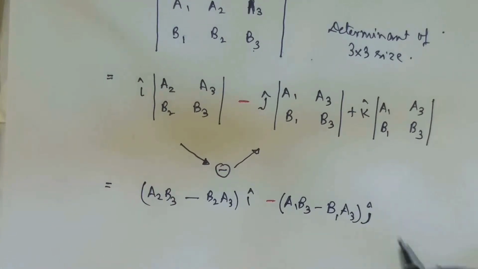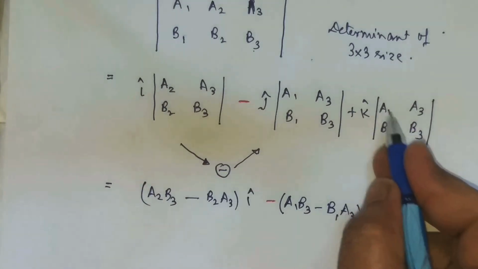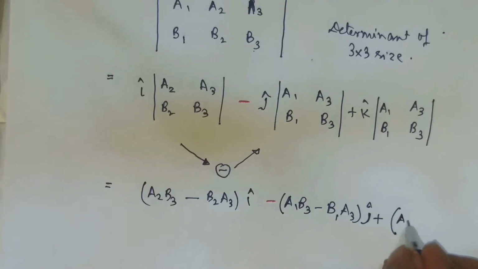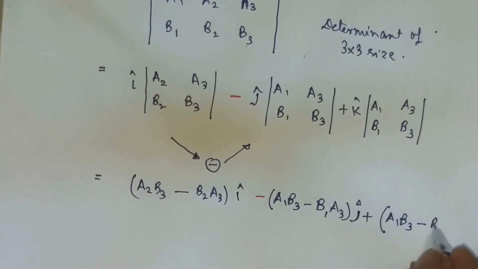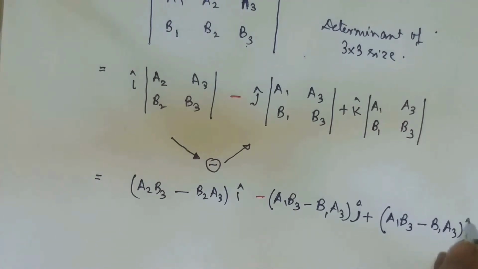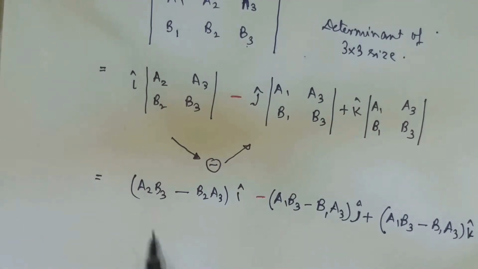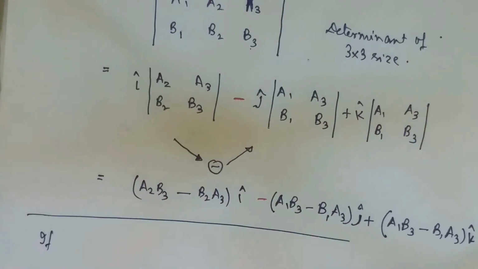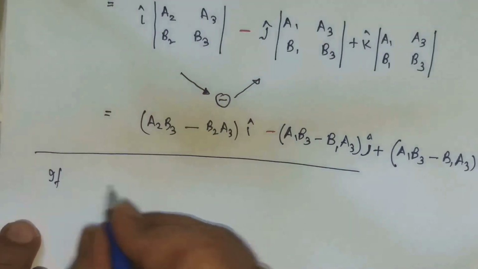And similarly, the third one will be a1 b2 minus b1 a2, K. So I advise not to remember it as a formula, just have a quick revision of the rule, the concept of finding out the cross product. And in case of cross product, if the vectors are parallel to one another,